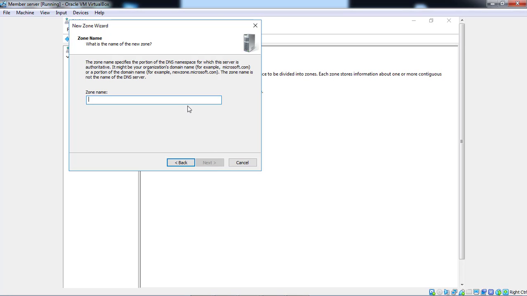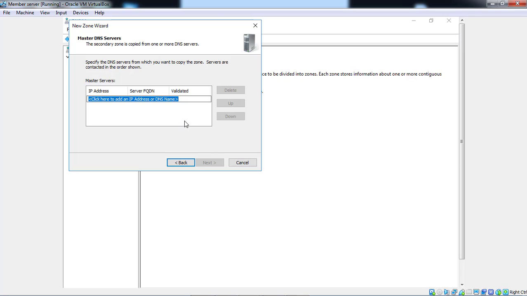Okay, and also here we can give the zone name yahoo.com, the same name that we have created. Now we add the IP address of the server.